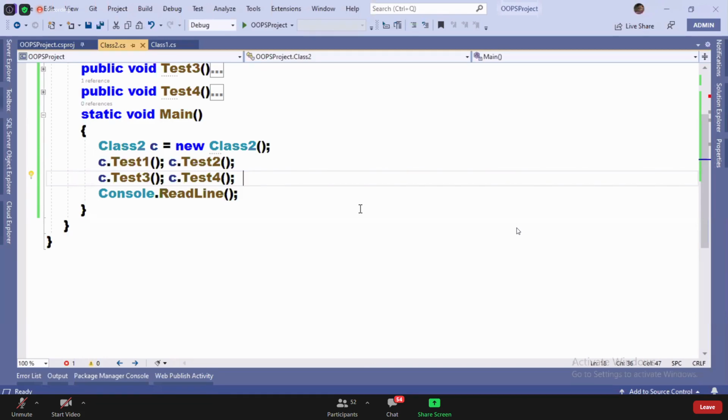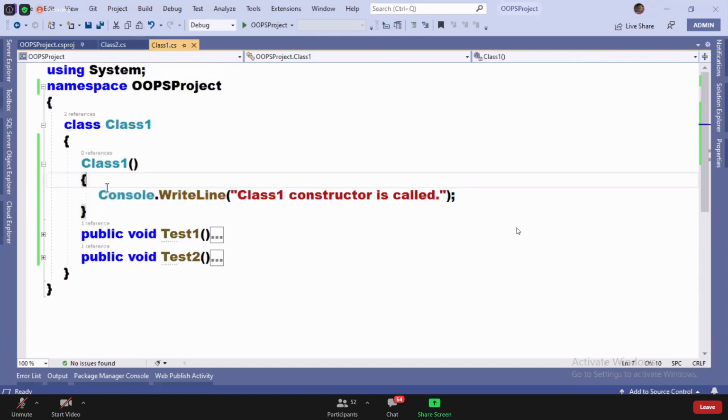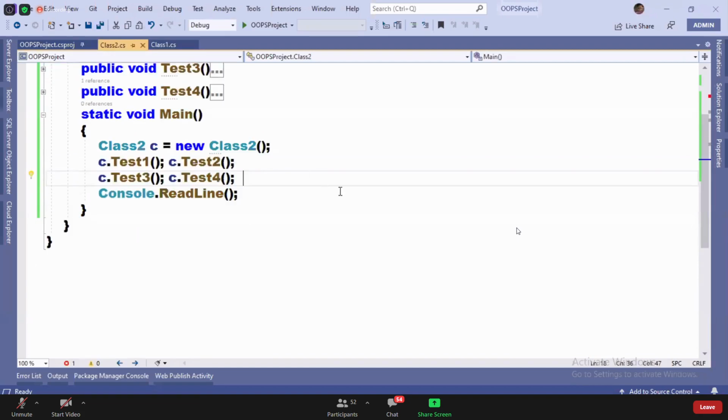But if it is private, what is the problem when the child class is not calling it? That will be a big doubt here. If the child class is calling it, then it is public or private, a question comes. But the child class is not calling it now. Okay, let me answer this question.